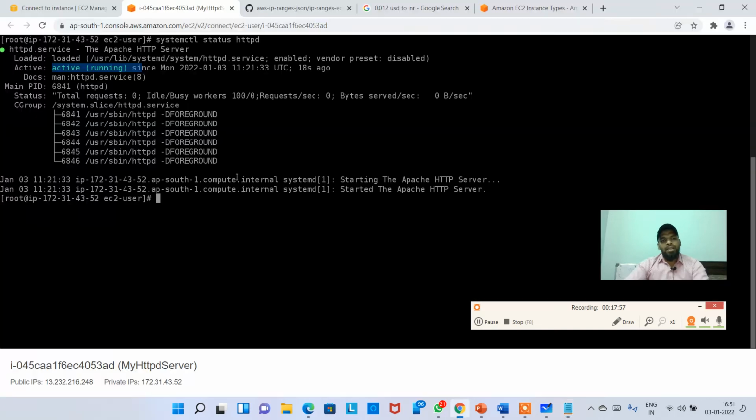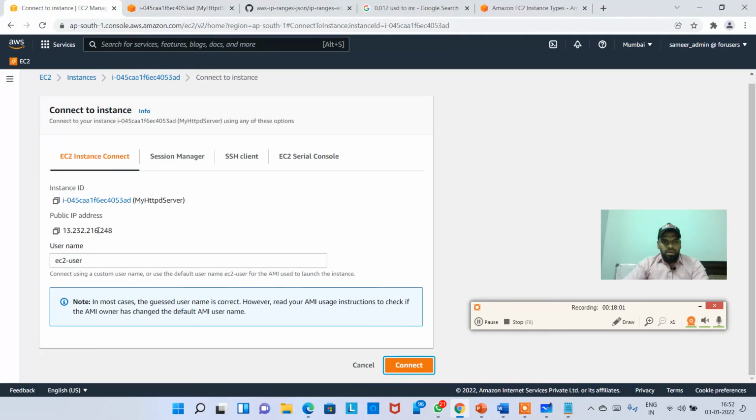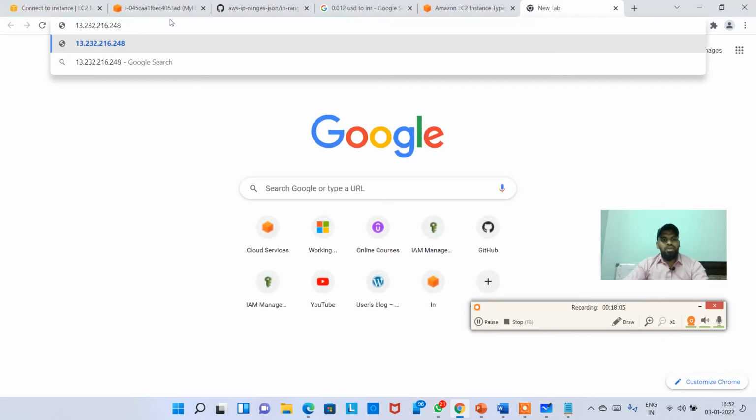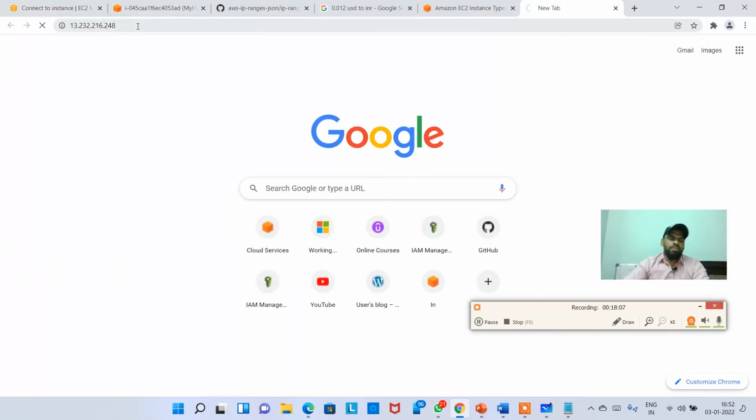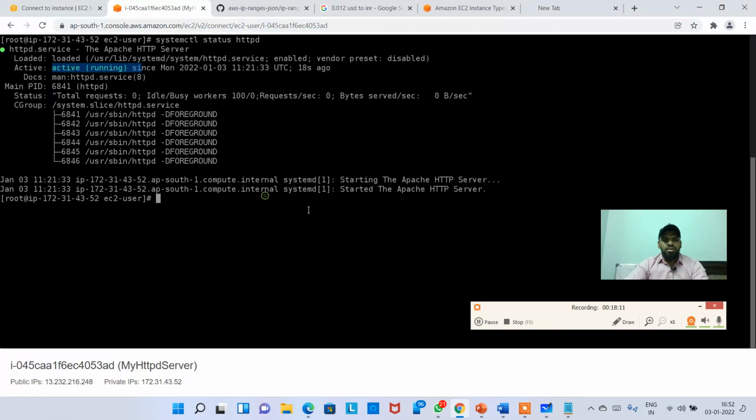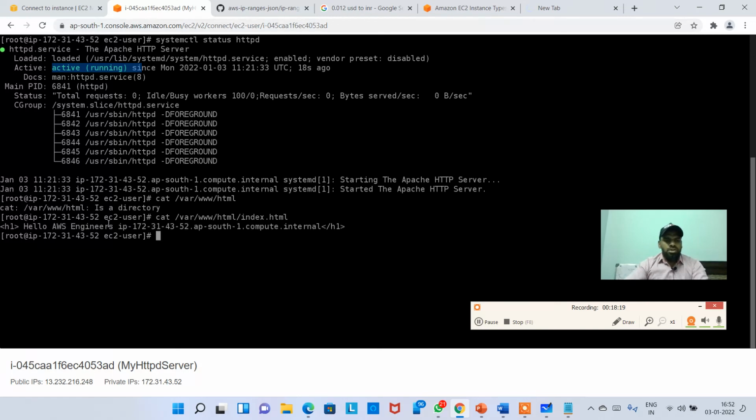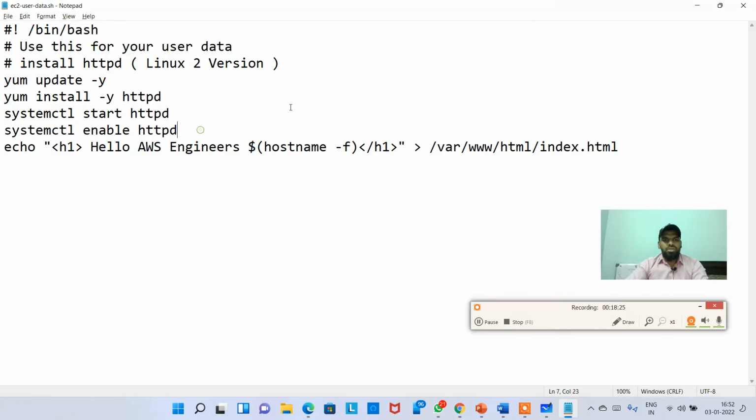Okay, cool. Now what else we can do here is, let me bring up the public IP, and I'm going to open a new tab. I'm going to type it in and press enter. It should open up my web page, whatever I have typed in this file, cat /var/www/html/index.html. So it should give me this page. Hello AWS engineers, blah blah blah. Now if you see this,